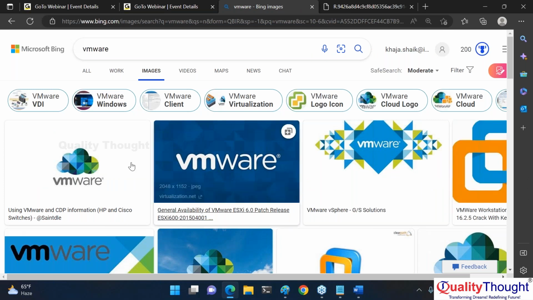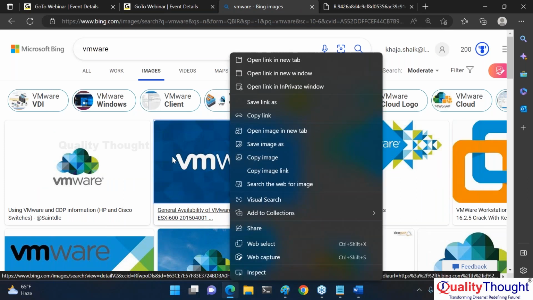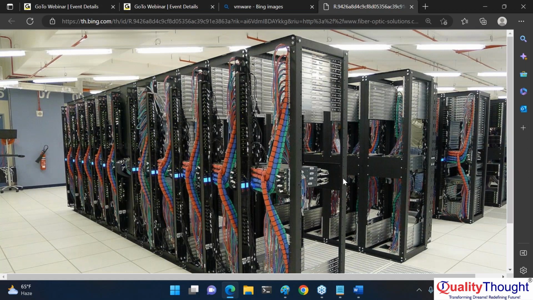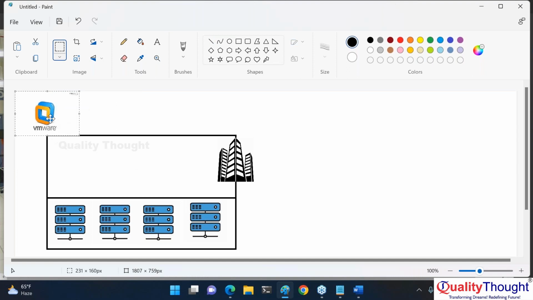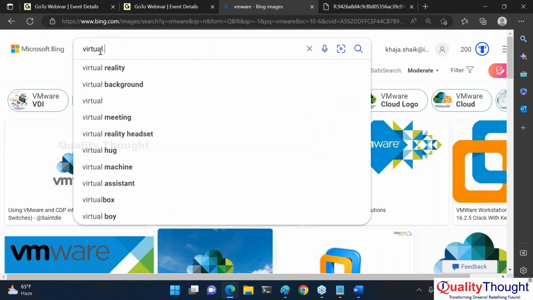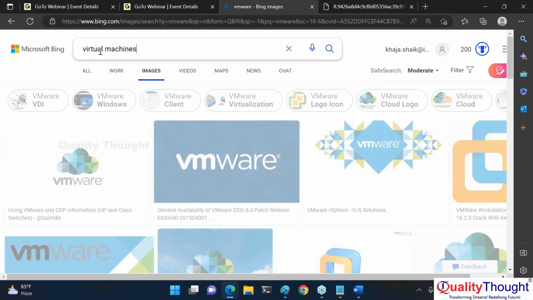Yeah. So your organization would basically use the VMware software suite. There are products like ESXi and all of that stuff. And using this VMware, they basically create something which we call virtual machines.